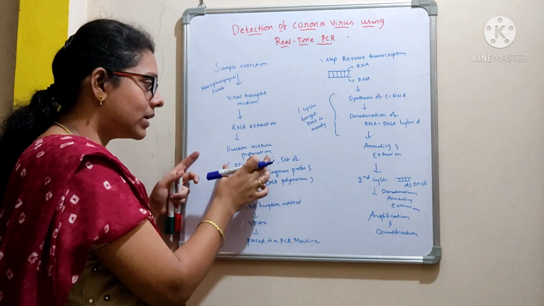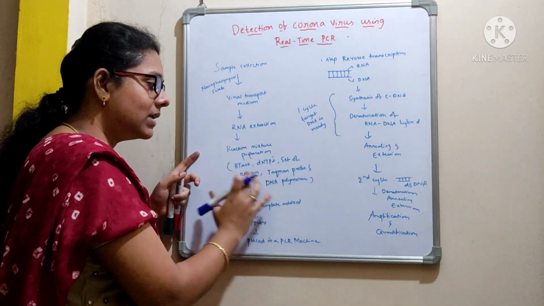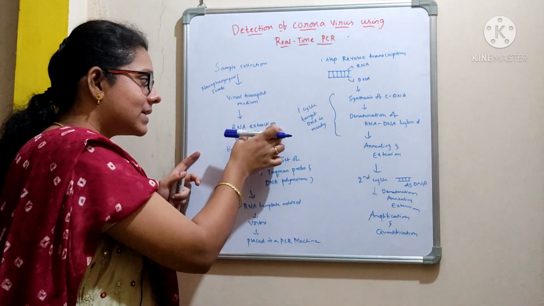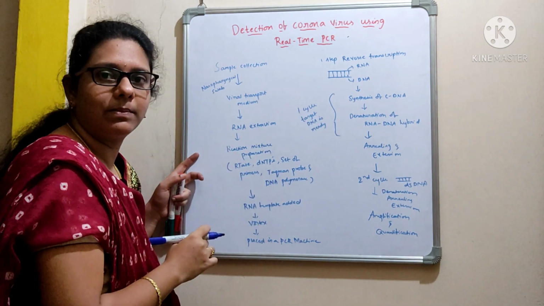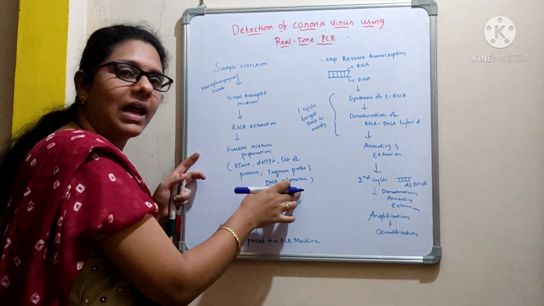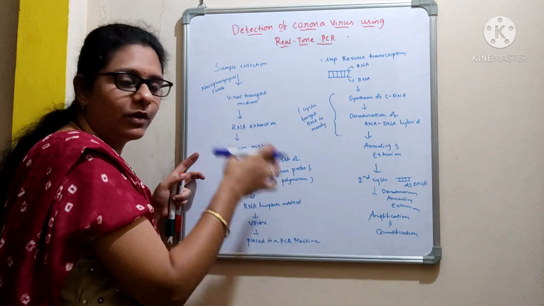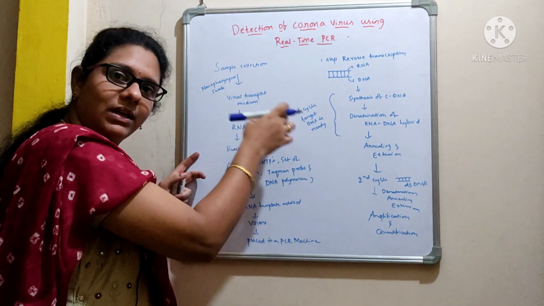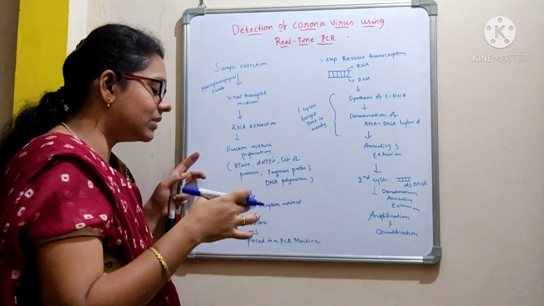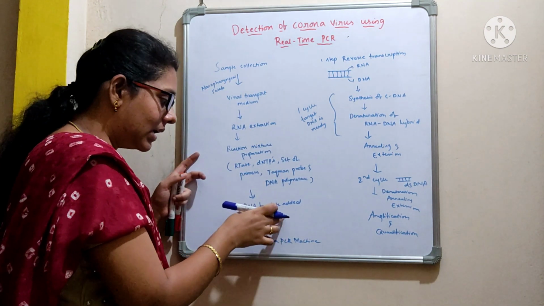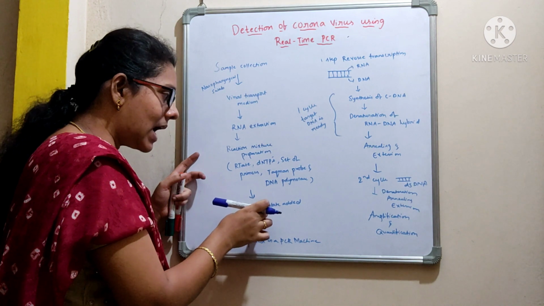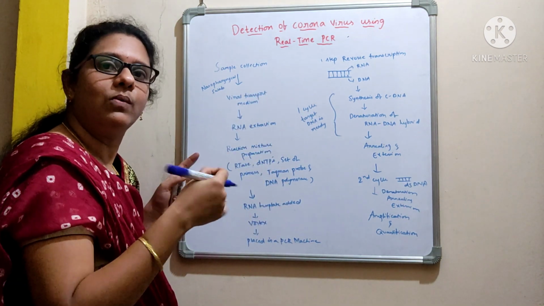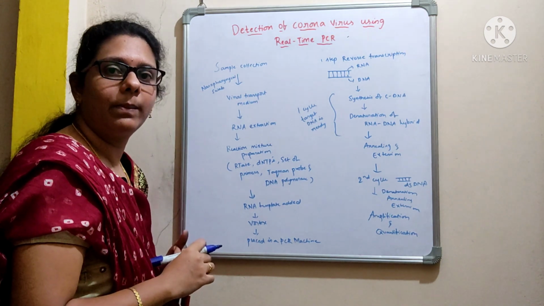We are done with the preparation of the master mix which contains all these reagents. Then we are going to add this extracted RNA to this master mix, where the RNA will act as a template. If we provide RNA as a template, then only this RT enzyme will convert that RNA to DNA, right? So for that reason we are going to incorporate this isolated RNA from the virus into this reaction tube. We need to vortex it to ensure proper mixing.